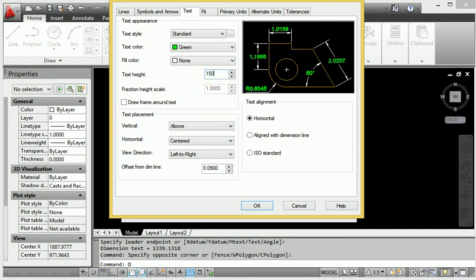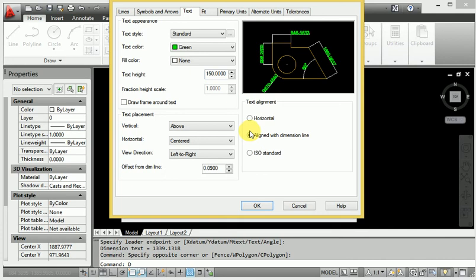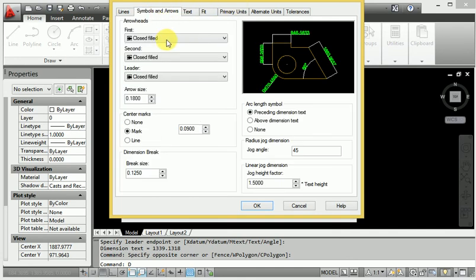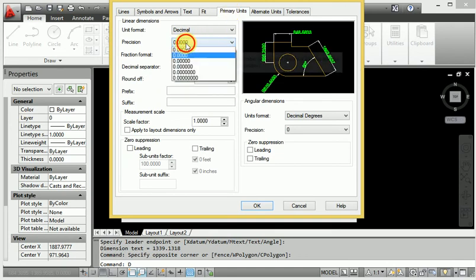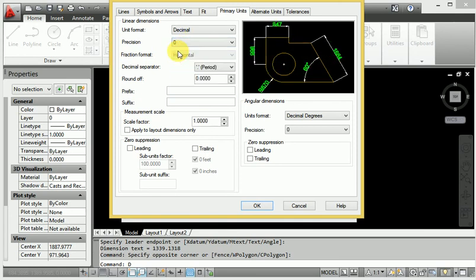150, and then alignment, and the arrow size, 100 is sufficient. Then the above value is 30, so I click 30 here, and also go to fit and primary unit, where the decimal value is 0.